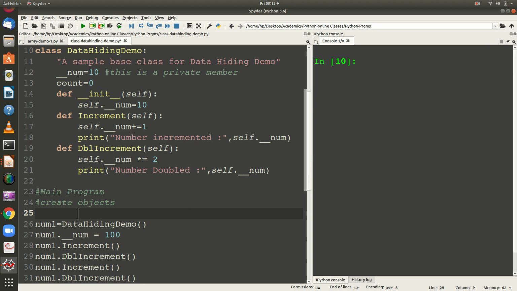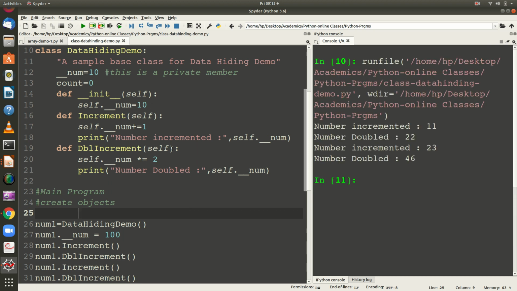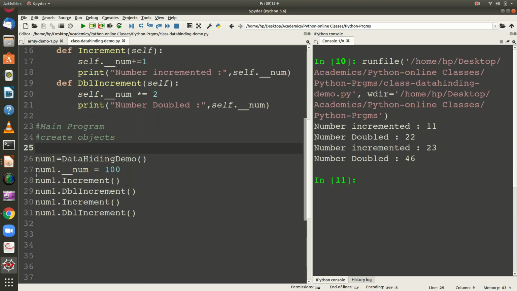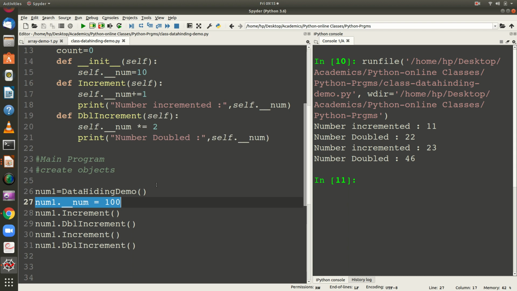Console, when I try, it is not accessing or assigning the value to the number variable, because you cannot assign or access this value outside the class.